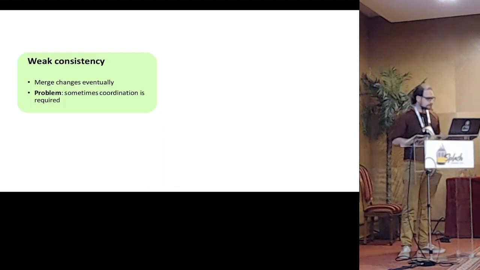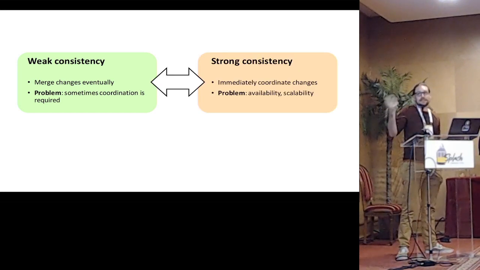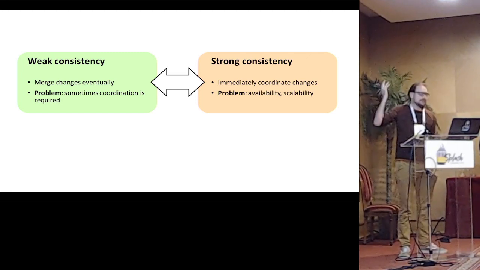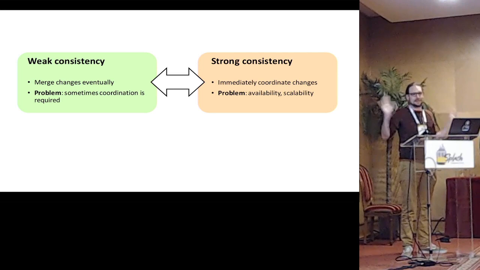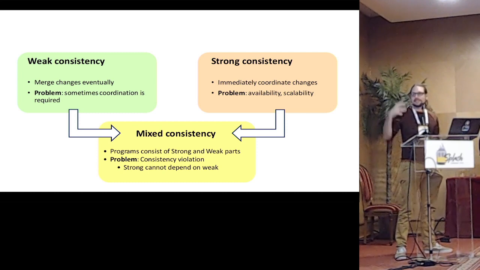But also, when you have an application, you might want to interact with stronger consistency models. So there's this distinction between weak consistency, where changes are merged eventually, but sometimes you require some coordination. For example, when a client wants to authenticate to a server, they need to coordinate. But of course, the problem with strong consistency is availability and scalability. That's why when you want to write an app that requires such an authentication, you only want the authentication to be strongly consistent, while the rest of the app still should be weakly consistent. So what we propose is called mixed consistency,